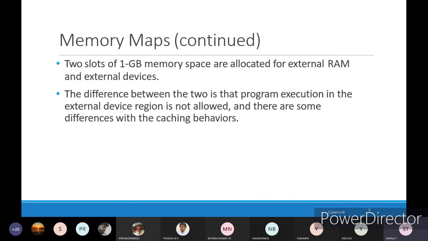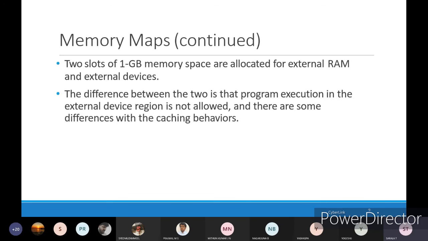And two slots of 1 GB memory space are allocated for external RAM and external devices. External RAM is for the execution or storing the data, intermediate data, and for the execution area. For all those things you will be using external RAM. And the external devices area is provided for 1 GB memory space.